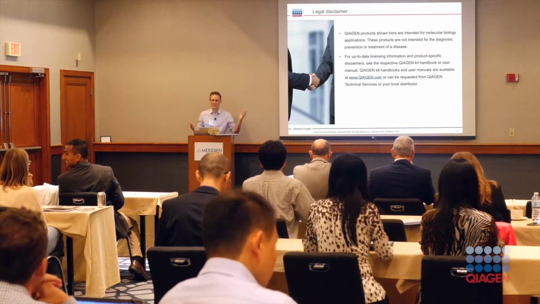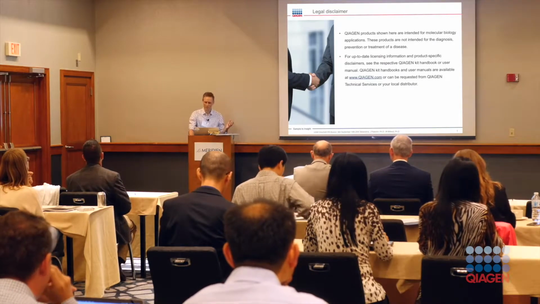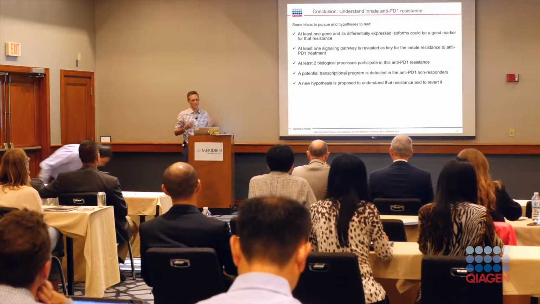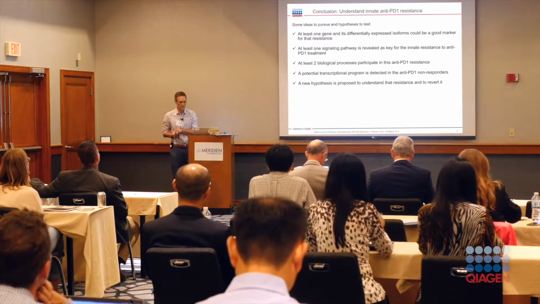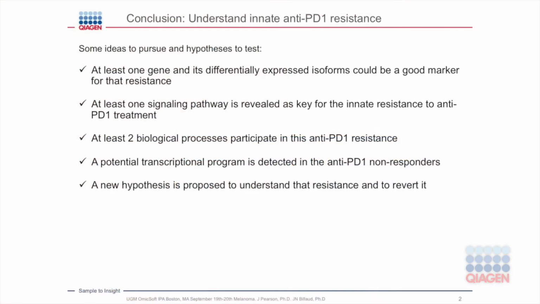I need to start by saying that these QIAGEN Bioinformatics products are for research purposes only. Today, the goal is to develop a better understanding of innate anti-PD-1 resistance. In particular, some of the goals that we're going to try to show you are identifying genes and differentially expressed splice variants that could be a good marker for anti-PD-1 treatment resistance, identify an actual signaling pathway that's revealed as a key to innate resistance, identify several biological processes that could be involved in this resistance,